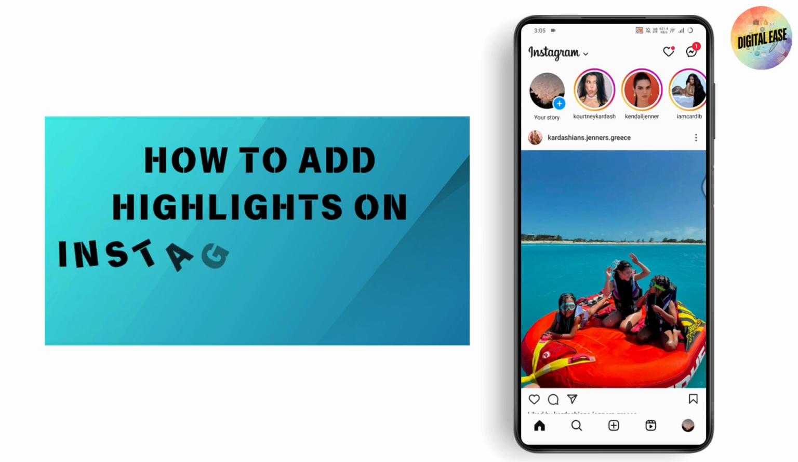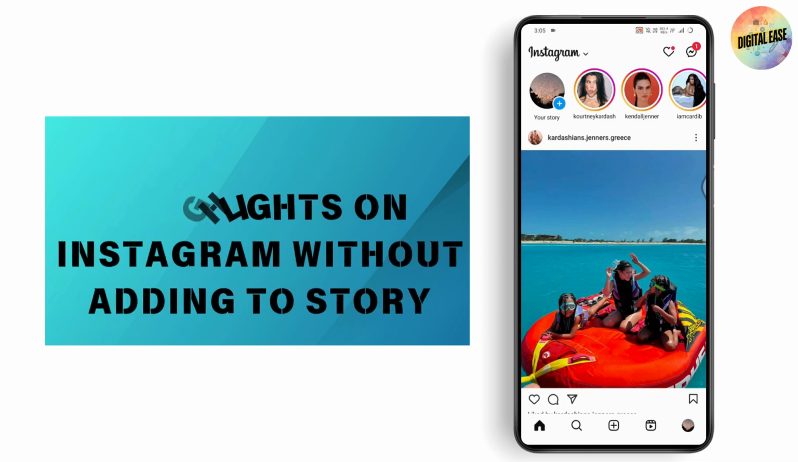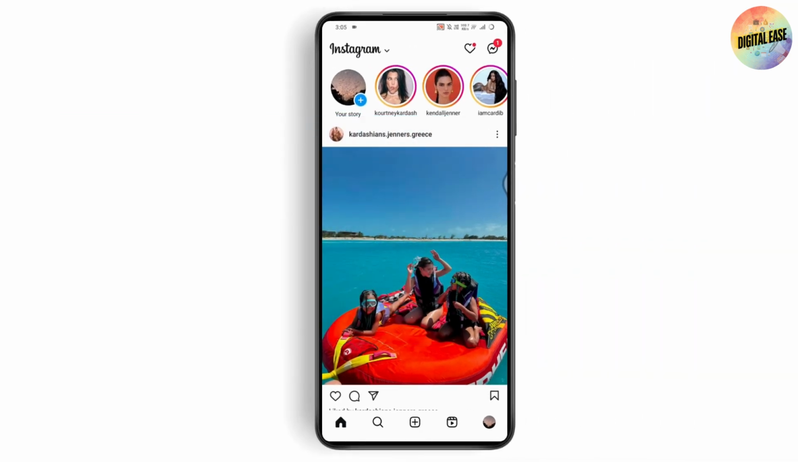How to add highlights on Instagram without adding to story. So if you want to add highlights on your Instagram without adding it to your story, then what you need